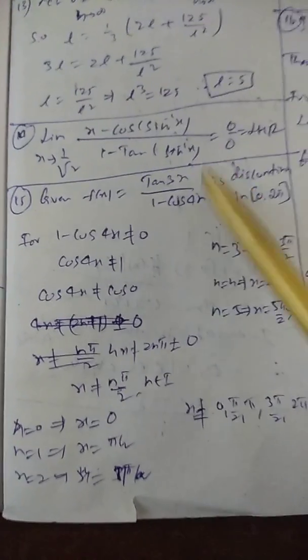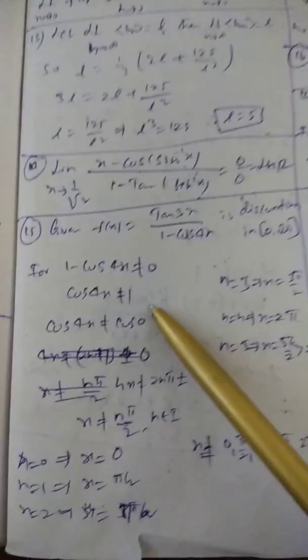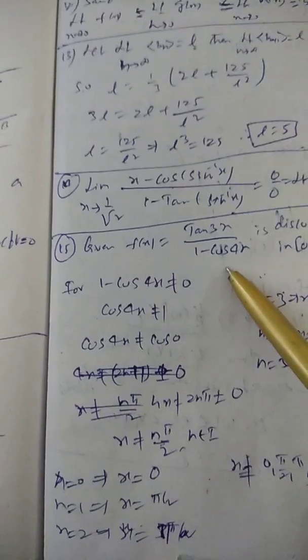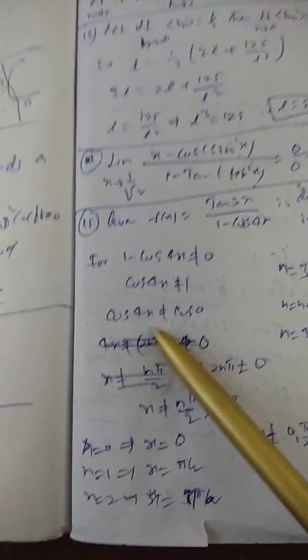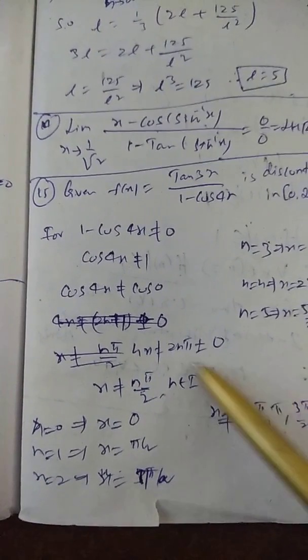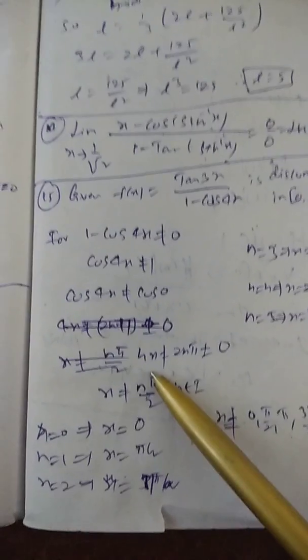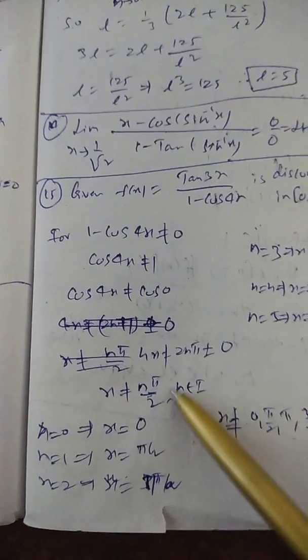And also, to be defined here, tan is undefined at infinity. So whenever tan 3x equals infinity, it is also undefined. So first case, 1 minus cos 4x not equal to 0. So cos 4x not equal to 1, cos 4x not equal to cos 0. So here 4x not equal to 2n pi plus or minus alpha, using the trigonometric equation solution. So 4x not equal to 2n pi plus or minus 0, x not equal to n pi by 2,